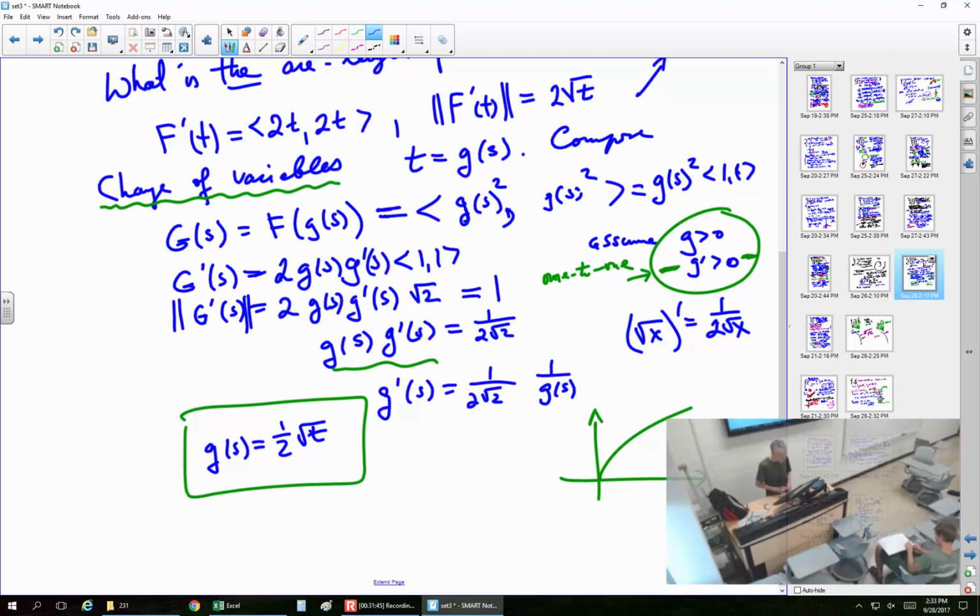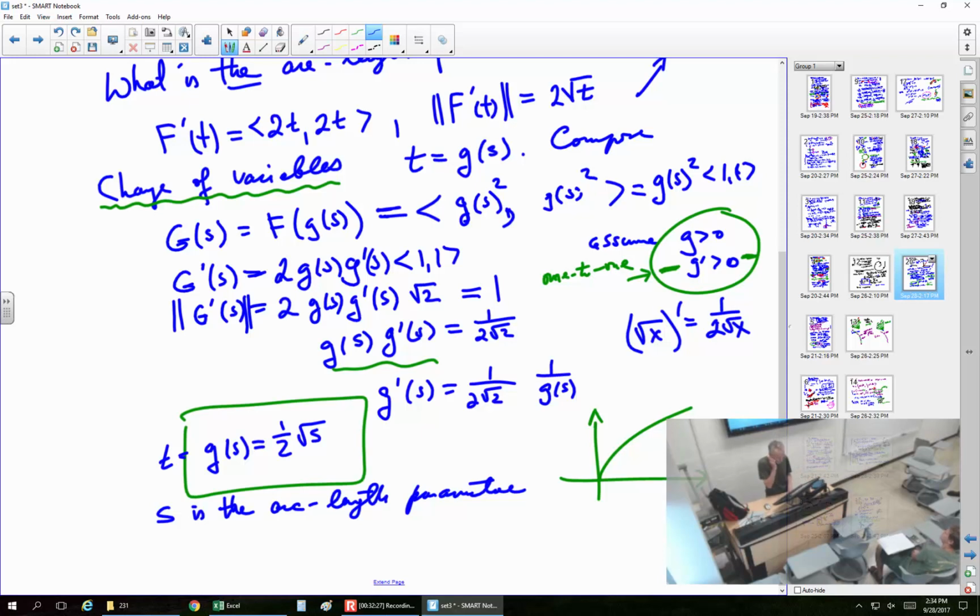hold on a second, my variables are messed up. This is of s, as a matter of fact. Our function is of the new arc length bracket. t equal to the arc length bracket. Okay, so